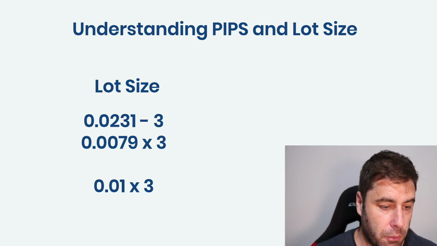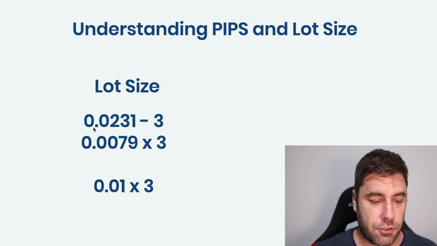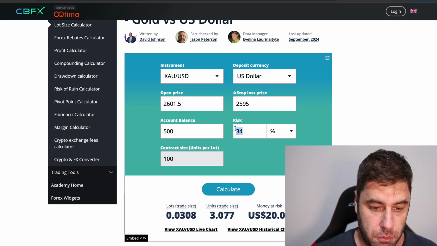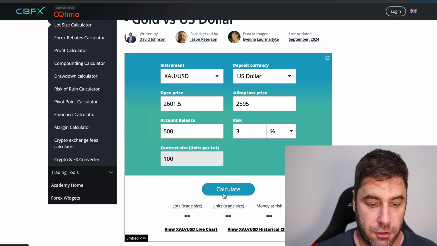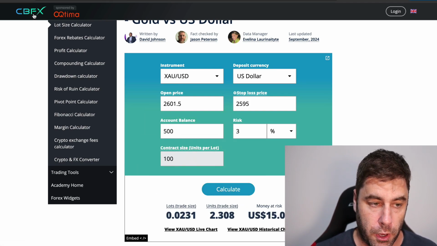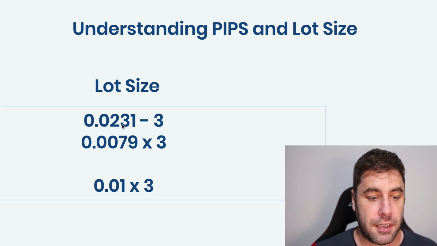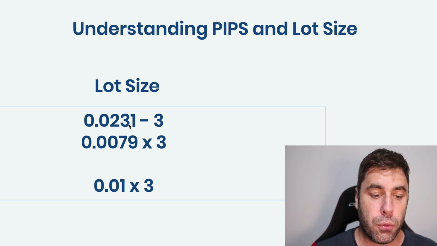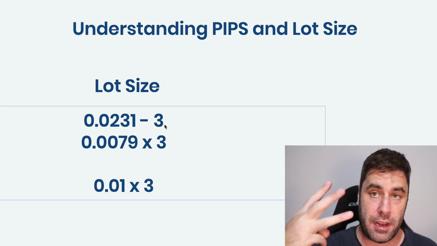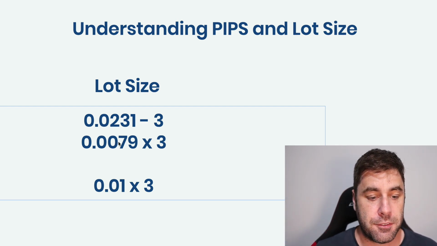So for example, let's say I have a lot size. So we did 3% before. I want to risk 3% of my capital, 3% of 500. That's what I want to risk, $15, 0.0231. So what I did is I divided 0.0231 by 3, so I want to have 3 trades. Okay, that gives me a number of